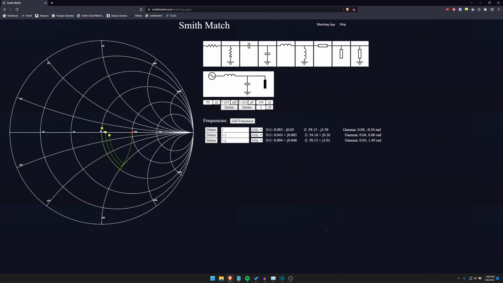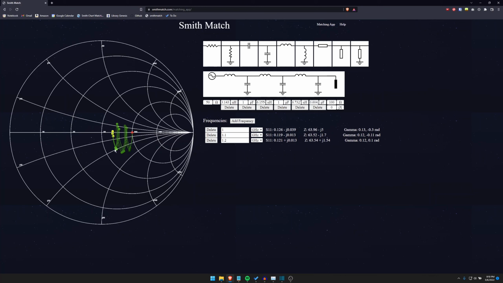To achieve a broader band match, we can add additional stages to the network. Following the same low-pass design, with a few additional LC stages, we can achieve a much better compromise between these three frequencies. How to size each element is less intuitive when multiple frequencies are simulated,